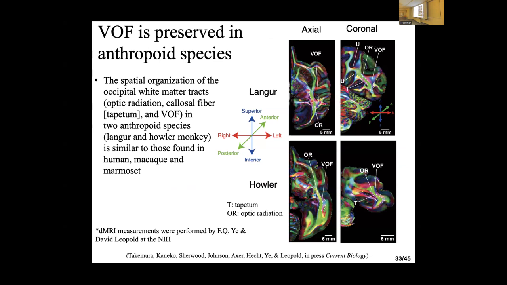What we can consistently find is that an organization principle is largely preserved here. The medial optic radiation is green, and then we can see a group of blue voxels connecting dorsal to ventral on the most lateral side. Medial to the optic radiation, we see the tapetum, which is a continuum of the callosal fiber coming from the occipital corpus callosum, near the calcarine sulcus. With the tapetum in the medial, the next level is the geniculocortical pathway, then most laterally we see voxels with dorsal to ventral diffusion. This is a principle we commonly see in much of the diffusion data in primate species.